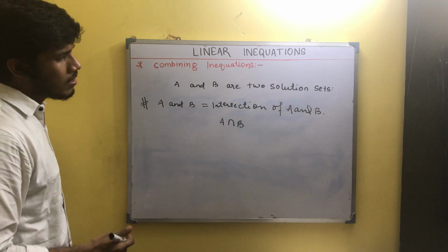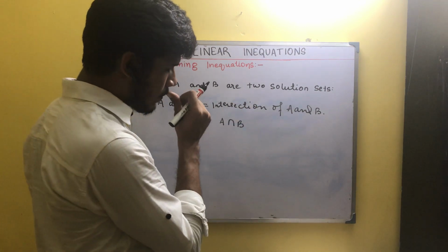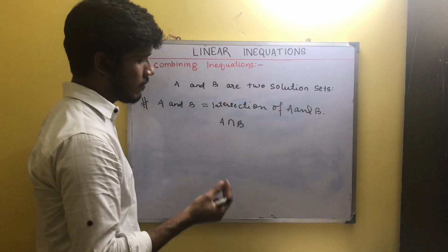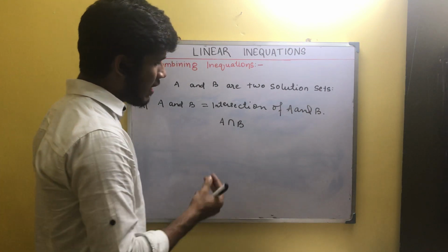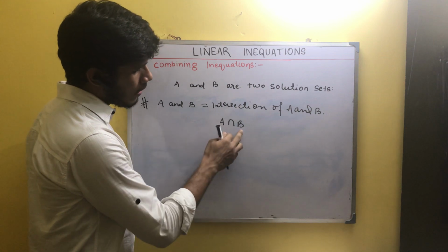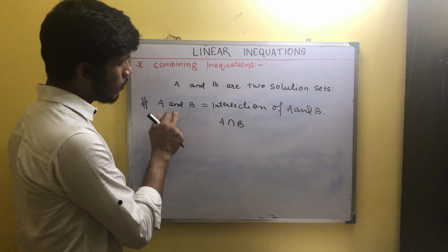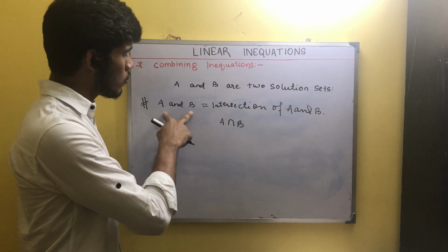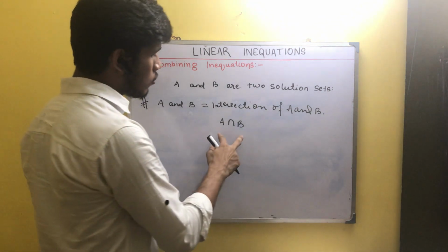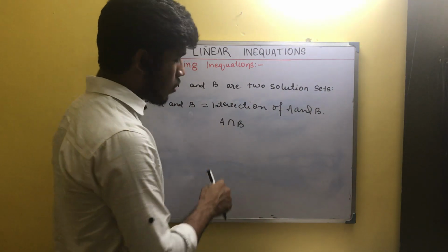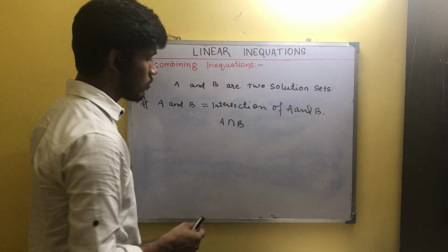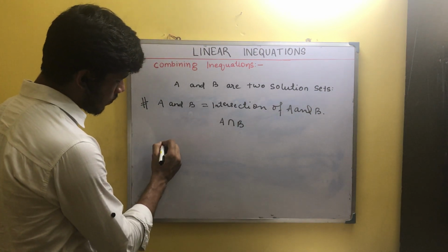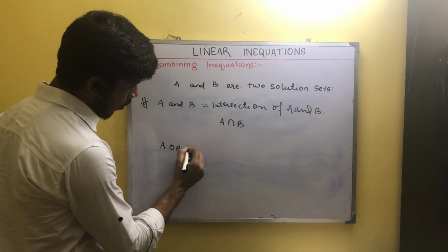What does it mean? Intersection of A and B means the elements or the solutions or the values, in very literal language, the values that are common to both A and B. Those should be your answer if in the question it has been demanded to find the solution set for A and B. So you need to find those values that are common to both solution sets A and B. This is A intersection B, and the second thing that could be given is A or B,